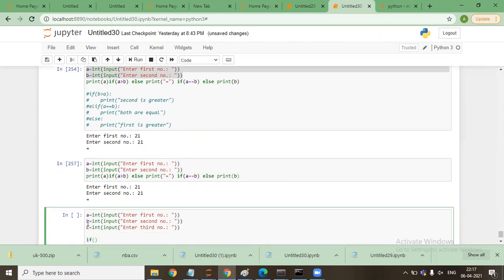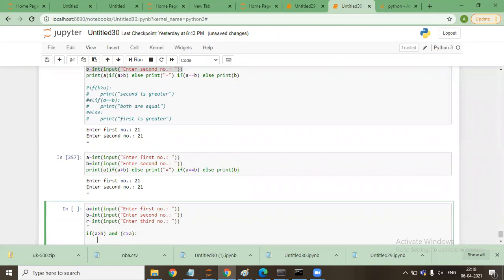Okay, sir. So if I'll say if A greater than B and C greater than A, like this, print C is largest, greatest.